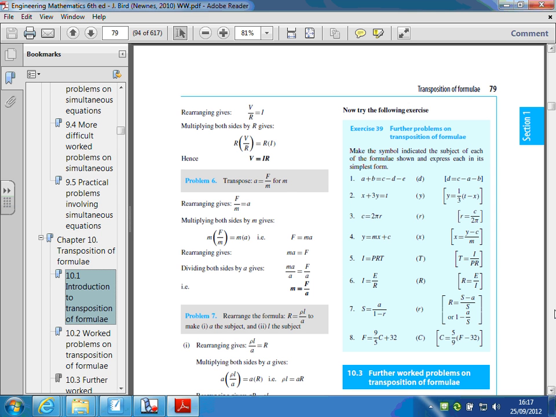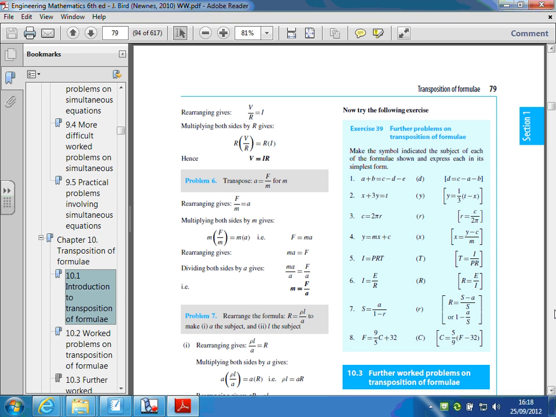Transpose A equals F over M for M. Work problems, 6 work problems, 7, so therefore there must have been 5 beforehand. Lots of work problems, followed by exercises. So exercise 39, transpose these formula. Transpose number 2, x plus 3y equals t for y, and so on. Okay? There's a solution, so you know you got it right when you've done it, but you need to be